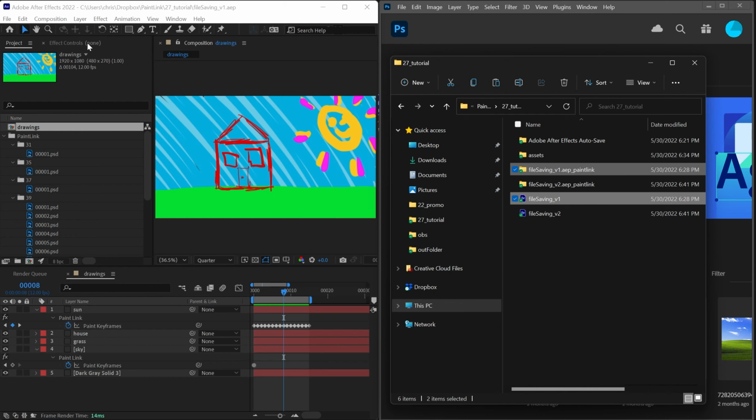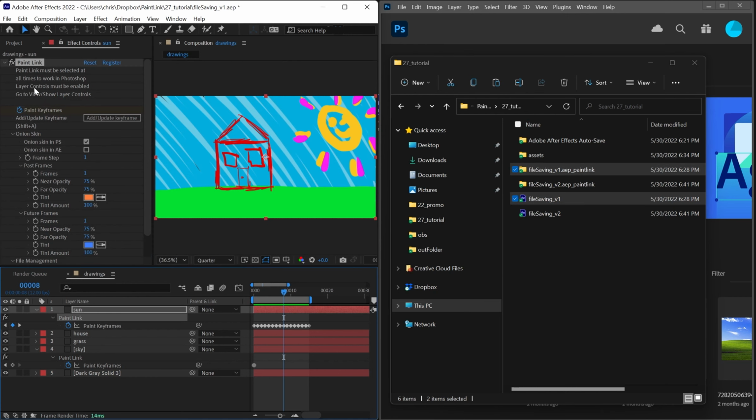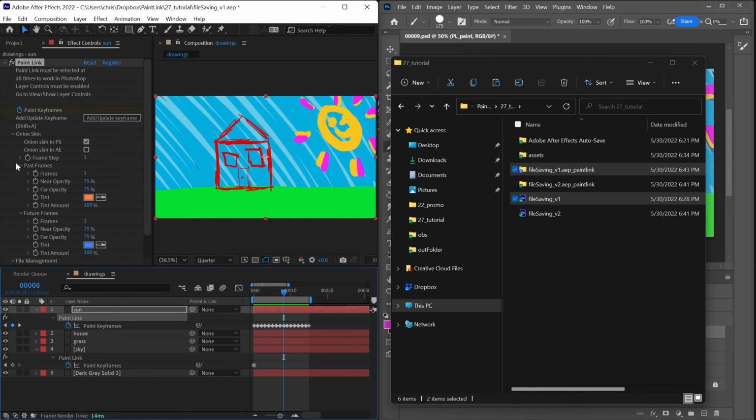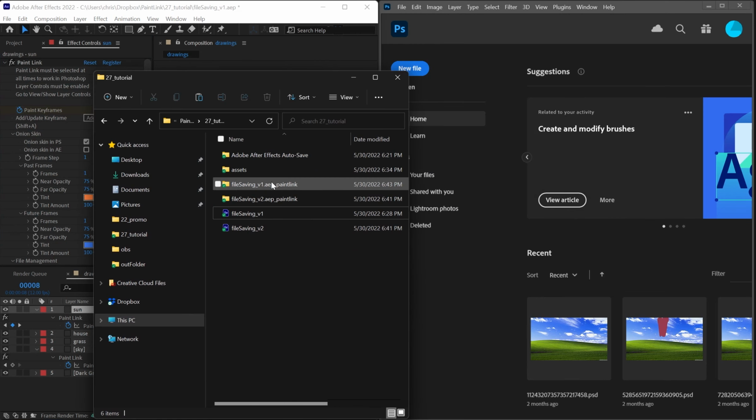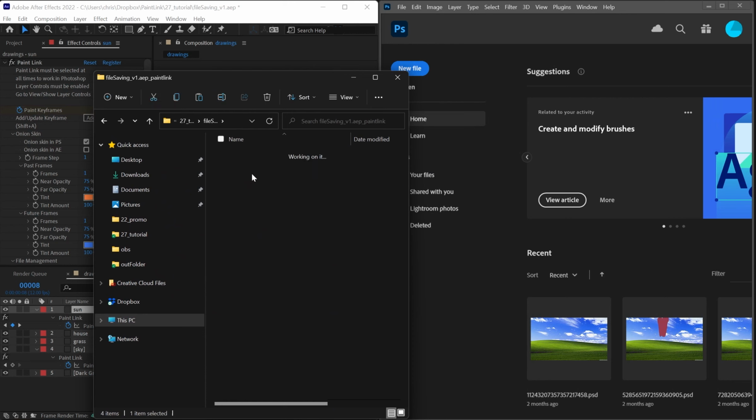Probably the last thing to mention with file management, and I probably wouldn't recommend doing this, but I think it's kind of cool and interesting, so let's take a look. I'm going to unselect paint link. Now, we're not kidding when we say paint link must be selected at all times to work in Photoshop. Once we have this unselected, the connection with Photoshop is broken. But if you wanted to, at this point,